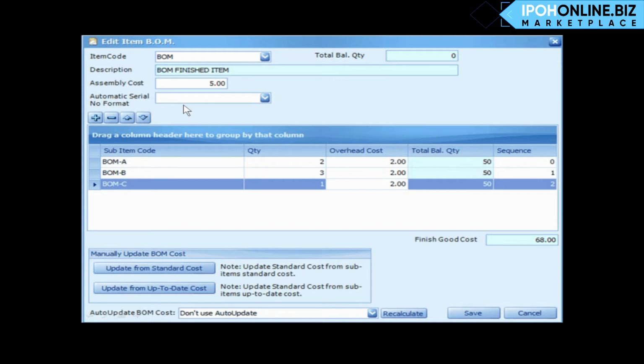To maintain the serial number format, go to General Maintenance, Document Numbering Format Maintenance, click on New and select Document tab as Sharp. After saved, it will appear under category of Others. Click on plus sign to add sub-item code. This is the BOM material items, and put in the quantity of this material needed to assemble 1 unit of